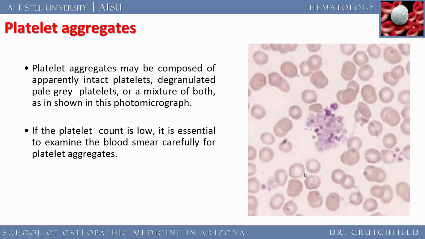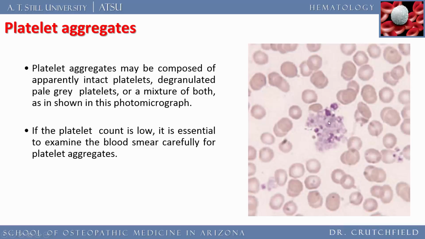So you look at a slide, you look at a peripheral smear, and you see these red cells here. They're reflecting way too much light. This person has hypochromasia. They probably have a microcytic anemia, indicative of their iron is probably low, or they're bleeding somewhere. And that makes sense, because if they're bleeding somewhere, we're losing iron, and you're going to see these platelet aggregates, and they're composed of multiple intact platelets. They're degranulated,